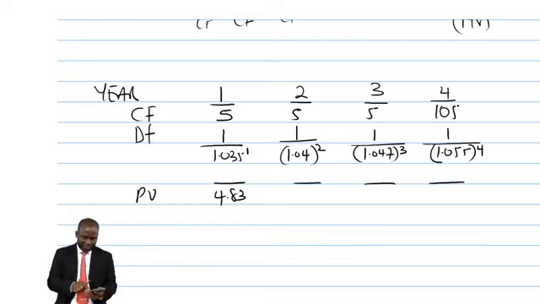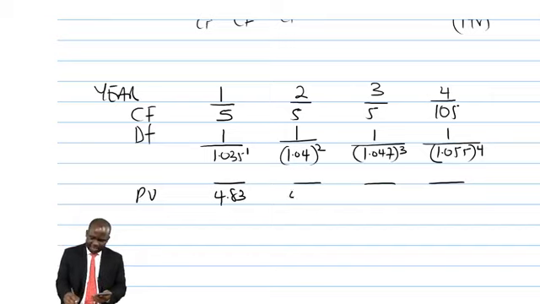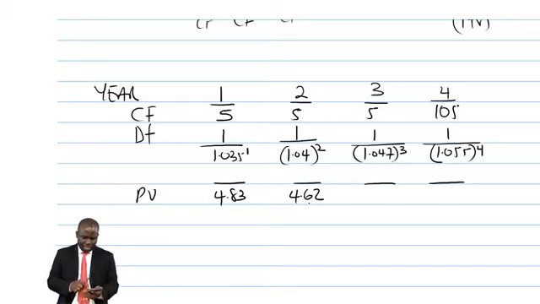So 5 divided by 1.04 squared, and that is giving 4.62. Then 5 divided by 1.047 cubed, and that is giving 4.36. And then 105 divided by 1.055 raised to the power 4, and that is giving